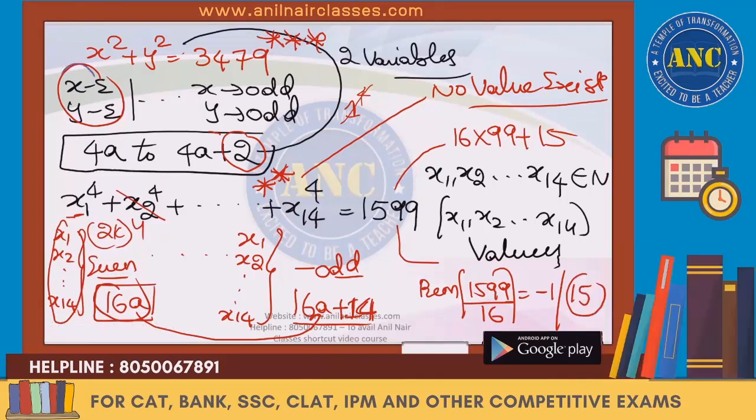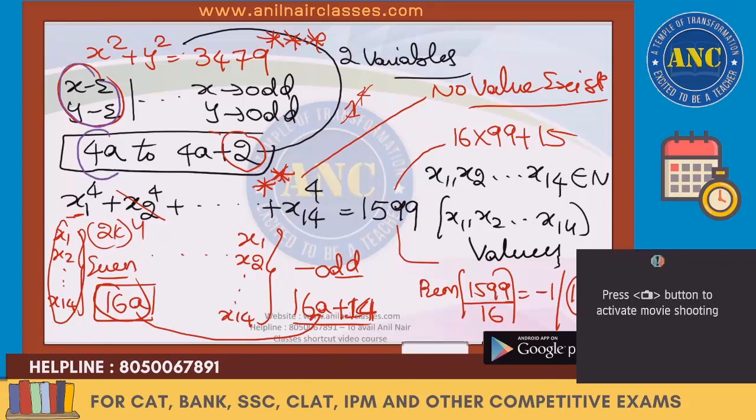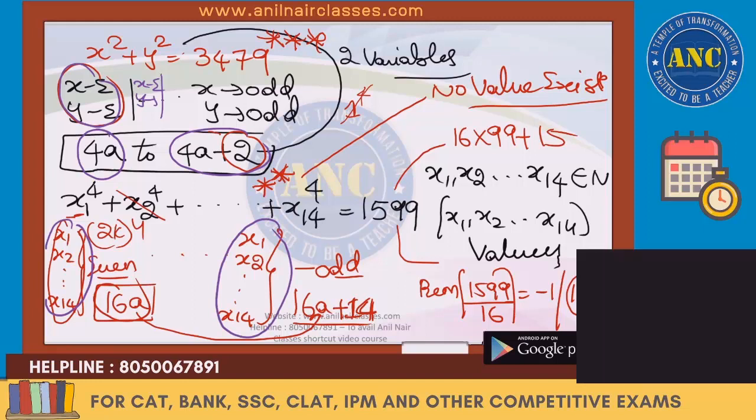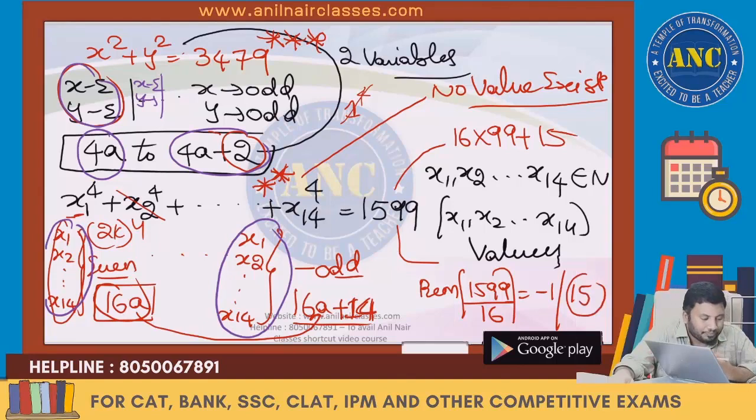These examples said lowest case is x and y are even. Highest case is x and y are odd. In between, x even, y odd and everything, 4a plus 1 will come. Lowest case is when all of them are even. Highest case is when all of them are odd. I am just ensuring that these values lie between the lowest value as well as the highest value. I hope the idea is clear. Next one.